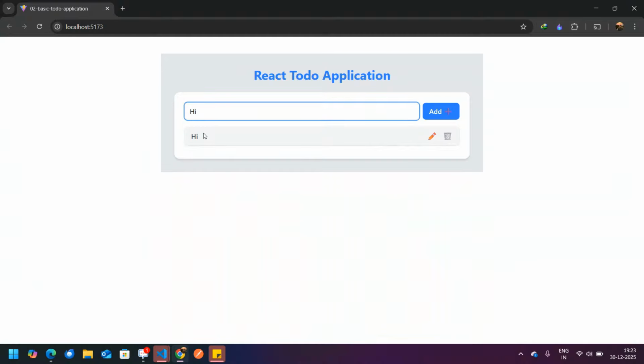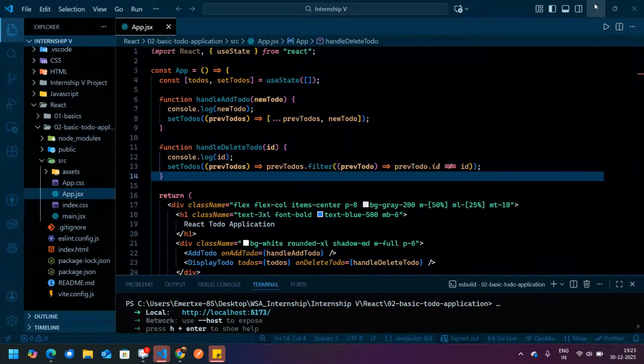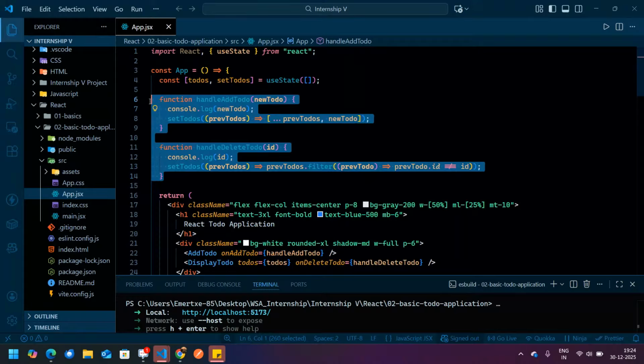Fine. So we will again write a function. Now we are particular about the to-dos. Since we were particular about the delete, which to-do you want to delete, we passed an ID. Similarly over here also, if we want to edit, we want an ID because we want to edit it. Correct. Fine. So now this time I'm not going to write it inside our app.jsx.